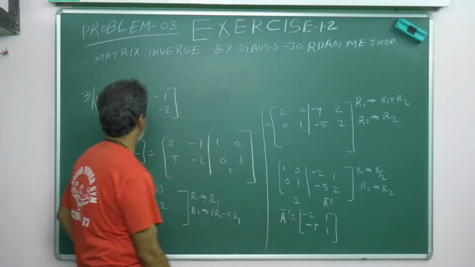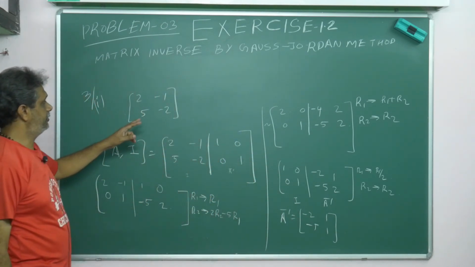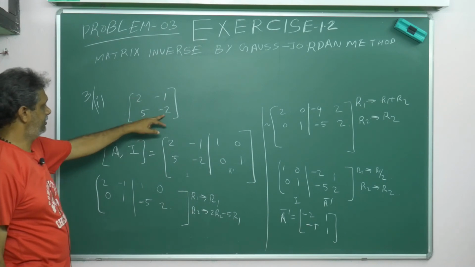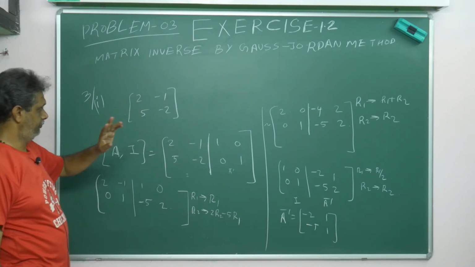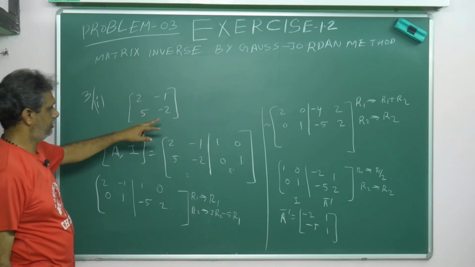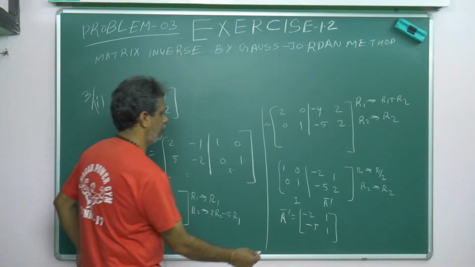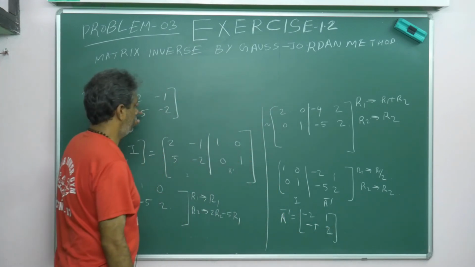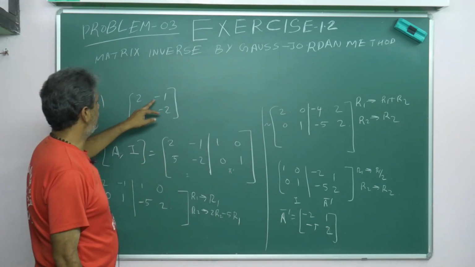If you want, you can check, as I already told you, for 2 by 2 the determinant is AD minus BC. This is minus 4 plus 5, 1. Then for these two elements, I think I did something wrong: minus 5, 2. These two places you can interchange, and give the minus sign to the others.